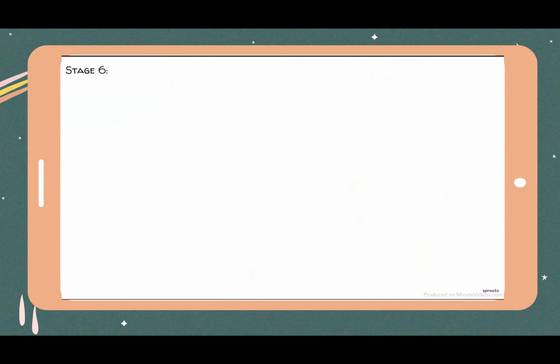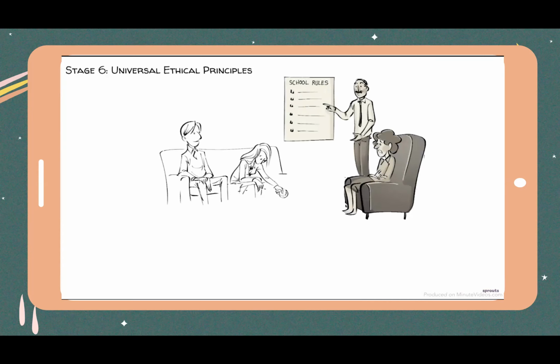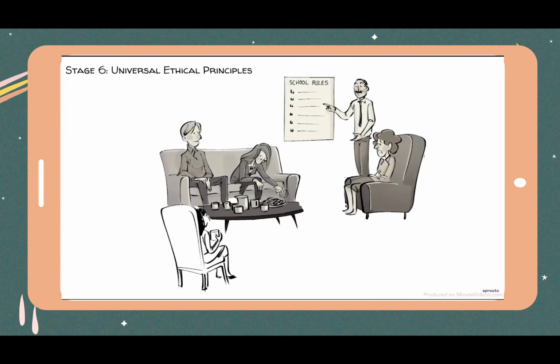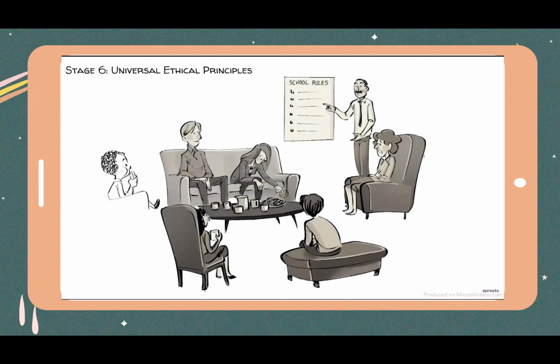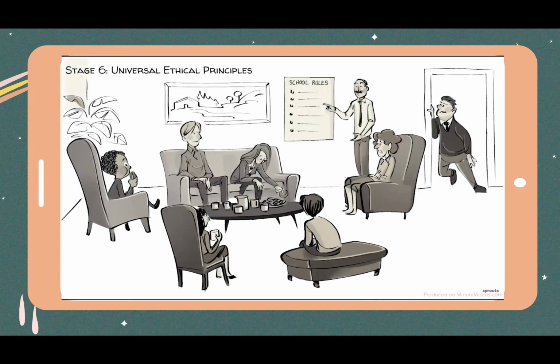At stage 6, we are guided by universal ethical principles. All those involved now have to face the headmaster. He first explains the school rules and why they exist. He then clarifies that rules are valid only if they are grounded in justice. The commitment to justice carries with it an obligation to disobey unjust rules. The headmaster's highest moral principle is compassion. He believes that all people should learn to understand each other's viewpoints and that they don't feel alone with their feelings. He asks, what are the abstract ethical principles that serve my